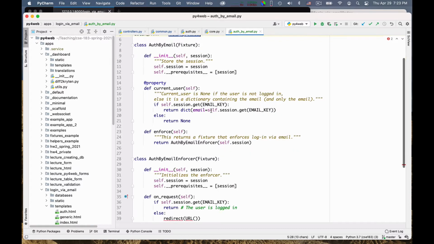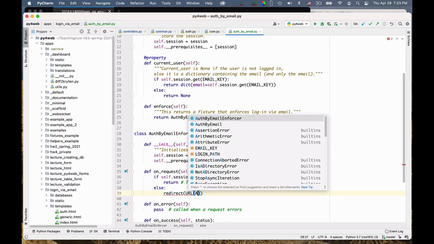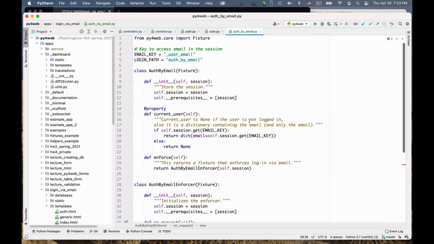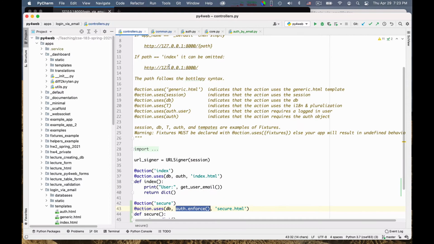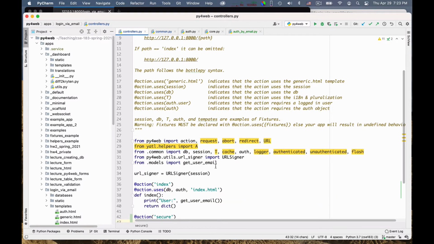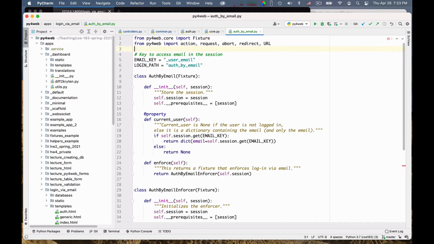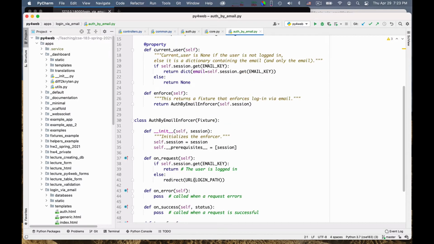So this is the idea. So I go here and I want to redirect to a URL that is auth, sorry, oh boy, I called it login path. Okay, so now I don't have neither redirector nor URL available, and so I have to figure out where to import them from. So might as well copy this line into my code. Okay, so these imports will now work. So I still have to take care of creating this URL.